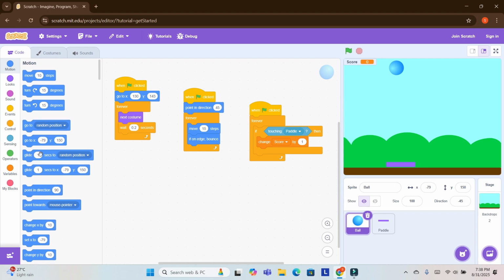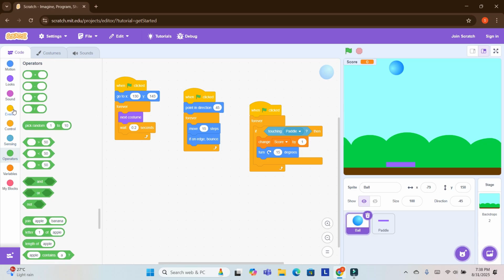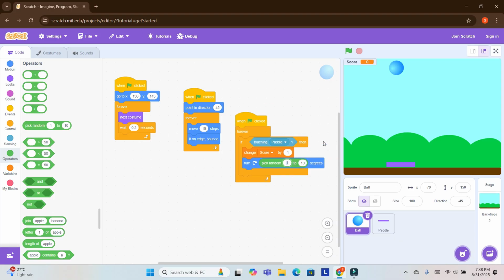Now I will go to motion and put there turn 15 degrees, and now go to operators and drag and drop here pick random 171 to 191 degrees.